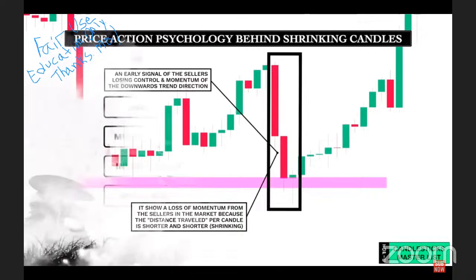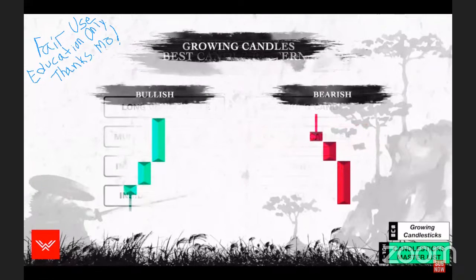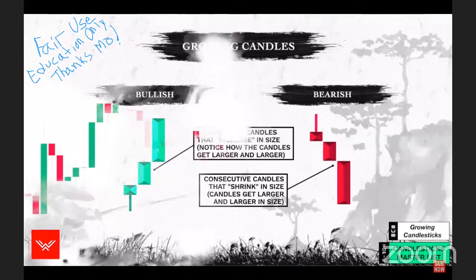So next, consecutive candles increasing in size. This is where you have consecutive candles that get larger and larger in size. Now on the charts,